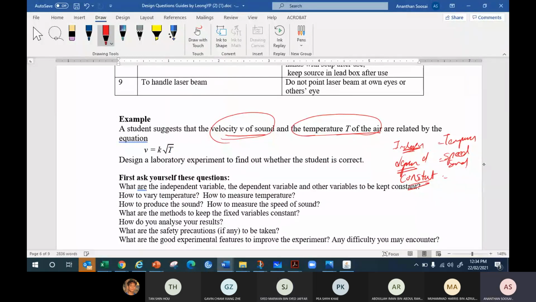Density. Yes, density of air. Density of air, or the pressure of a container, and density of air, because density can affect the speed. So we make the density of the air constant. So that's 2 marks. So now the setup. If you know the diagram already, you can draw the diagram correctly. Then the wording, you can easily write. First, the diagram must be in your mind. Take some time to draw the diagram. How is the setup going to look? How do you measure the temperature? How do you measure the speed?